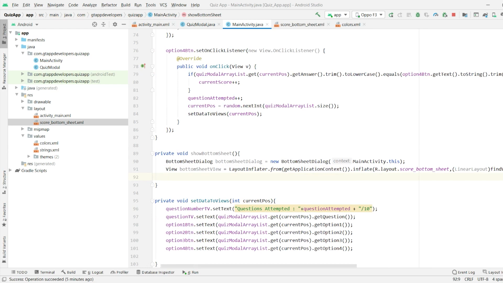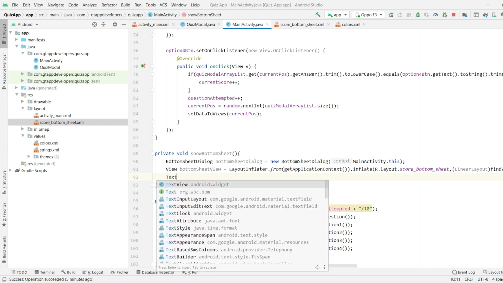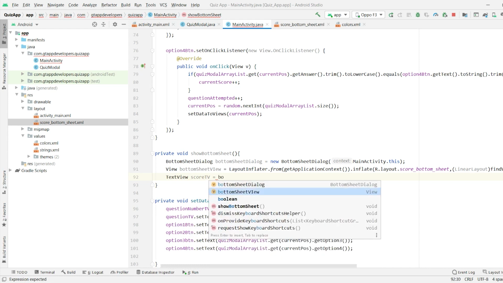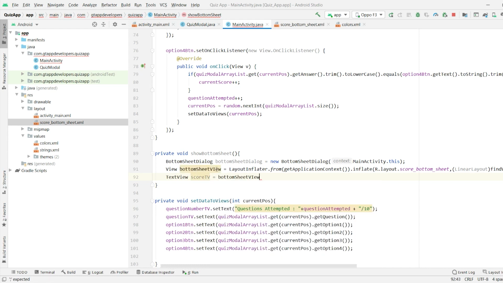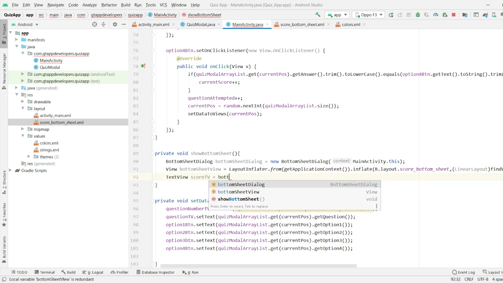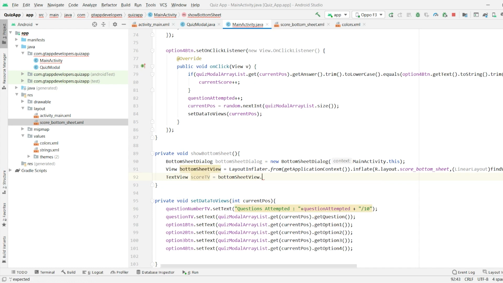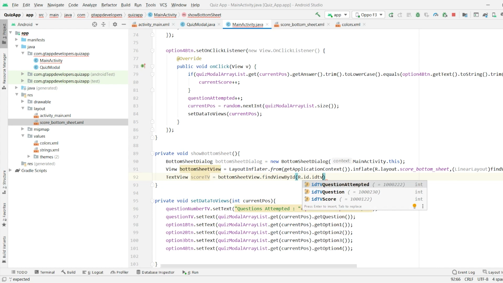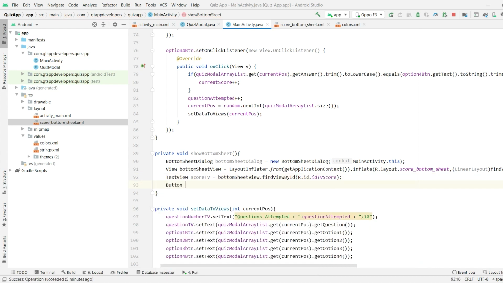Now we have to create the variables for our text view and button. So for creating the text view, scoreTV, bottom sheet view dot findViewById, idtv score, and we will create a variable for our button.